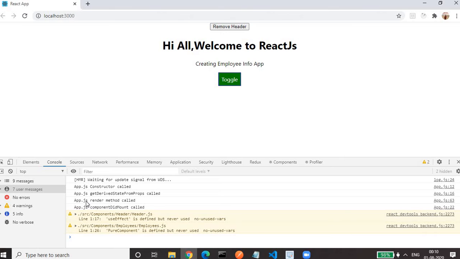Once the render method is called, it will call all the lifecycle methods of the children. Currently the child is the employee component, which is not shown unless we click here. That's why we are not seeing the render method of the employees component.